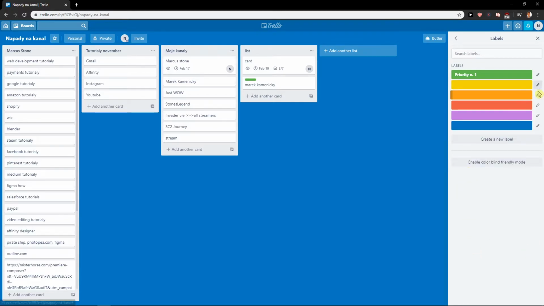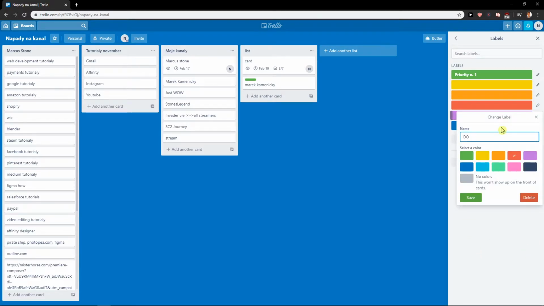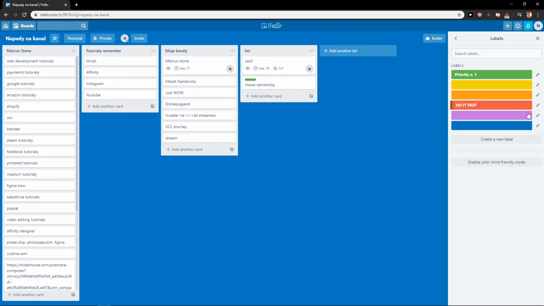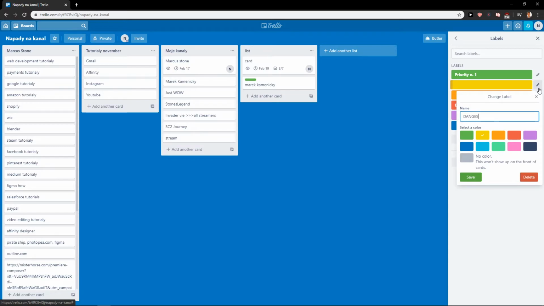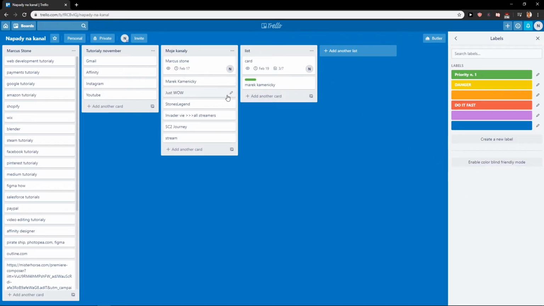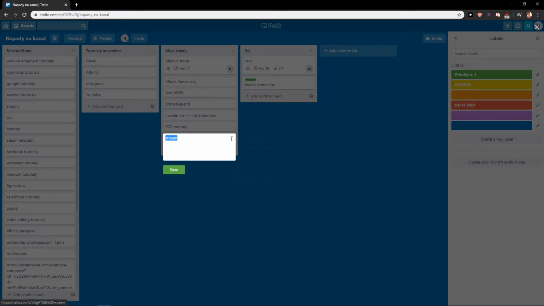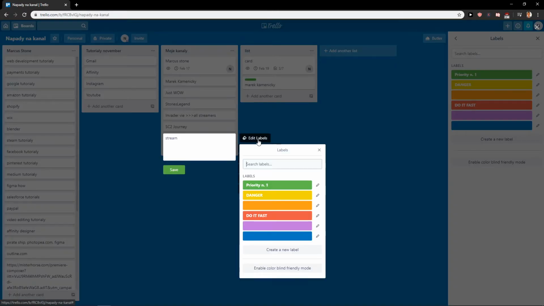Okay, and the red one can be do it fast, and this can be danger zone. So now what you want to do is, okay, stream, and this can be add the label